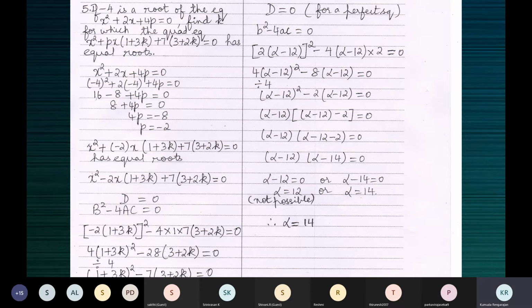If in the quadratic equation the value of D is less than 0, it's negative, then the equation has no real roots. Conversely, if it is given that the equation has no real roots, that means the value of D is less than 0, negative. The other term for equal is coincident. The other term for unequal is distinct.